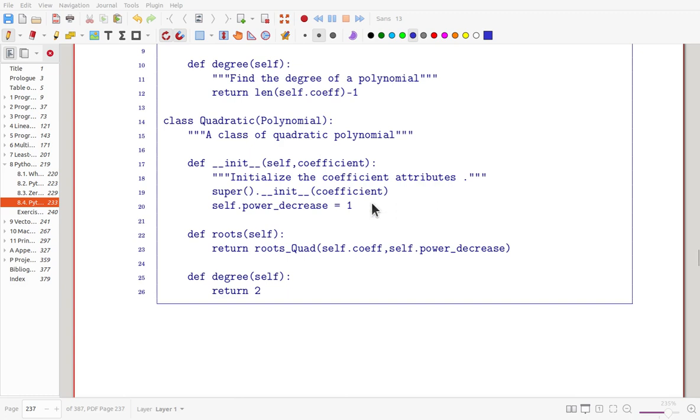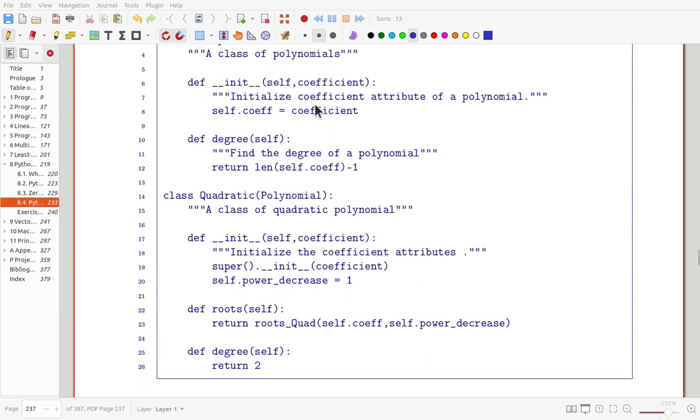And here we try to initialize by using the parent initialization method. So the super keyword uses exactly the same initialization function from the parent class, so that this initialization will be used. But in this new one, you may add one more line here, so that another new variable is created, self,